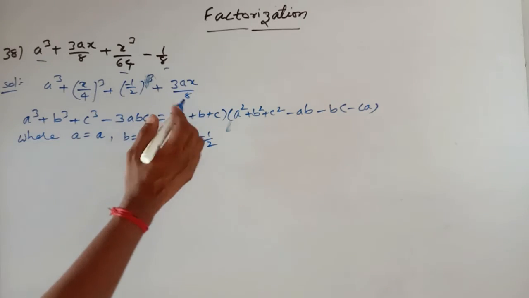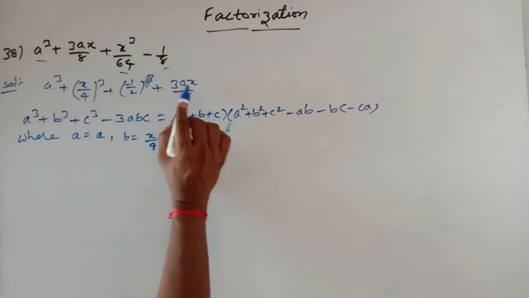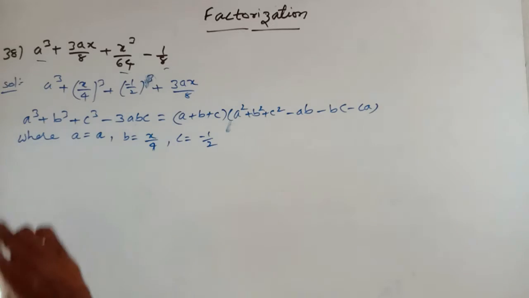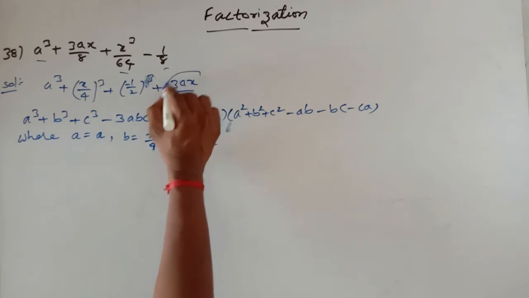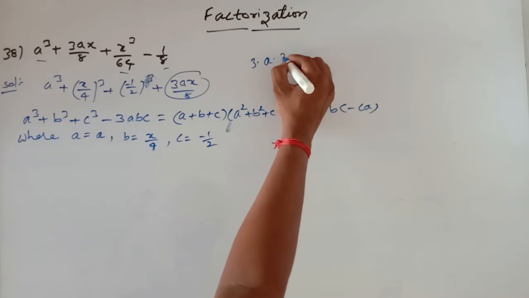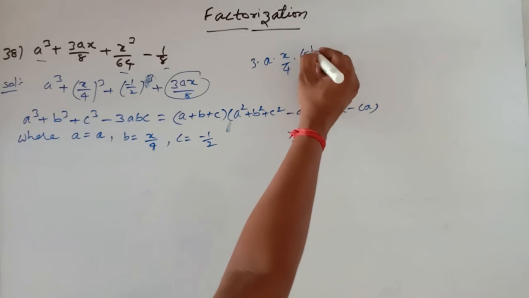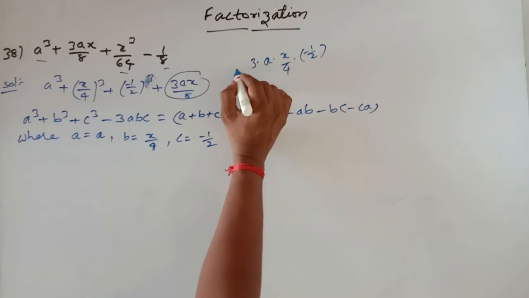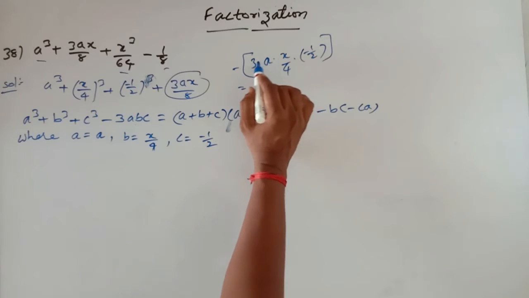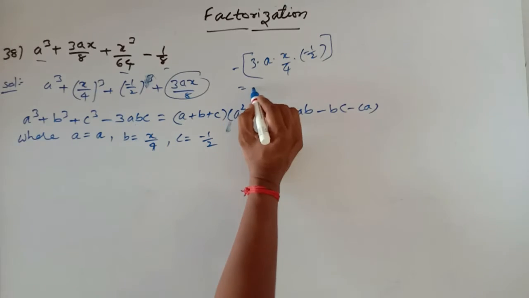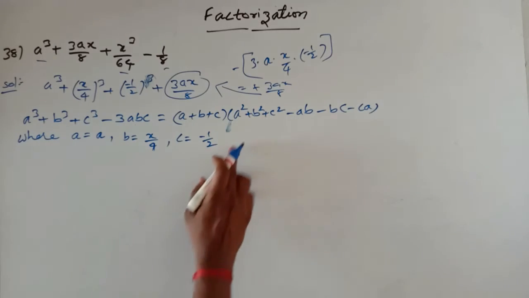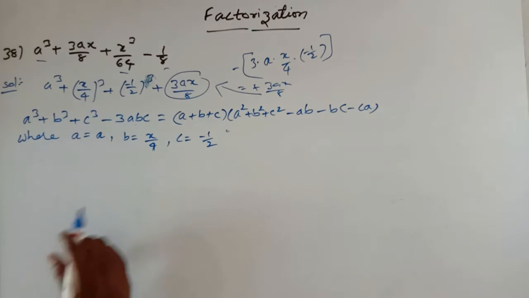Already this is the form, because why I am taking plus 3 means here minus is there for this. So that's why I am taking minus 3ab changes to plus 3ab. So this term I am expanding here. 3 into a value is a, b value is x by 4 into minus 1 by 2. Okay, this indirectly it is minus 3ab. That's equal to 3ax. Minus into minus is plus 3ax by 4 2s are 8. So I am getting the same answer. So that's why I am using this formula.